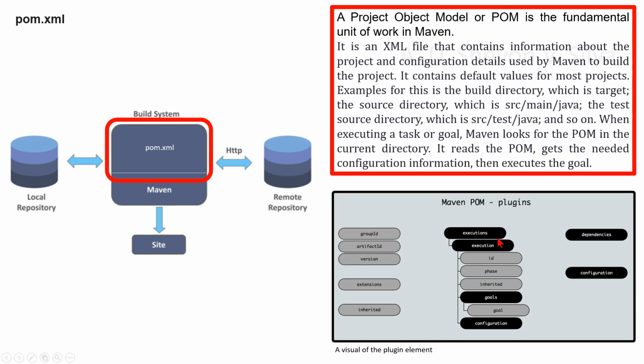Executions. Executions is a complex element and contains a set of execution elements. At its core, Maven executes such definitions. The execution specifies the set of goals to execute during the lifecycle. The execution is a complex element that has a unique ID, a phase, a phase to bind to, and one or more goals, an inherited flag,